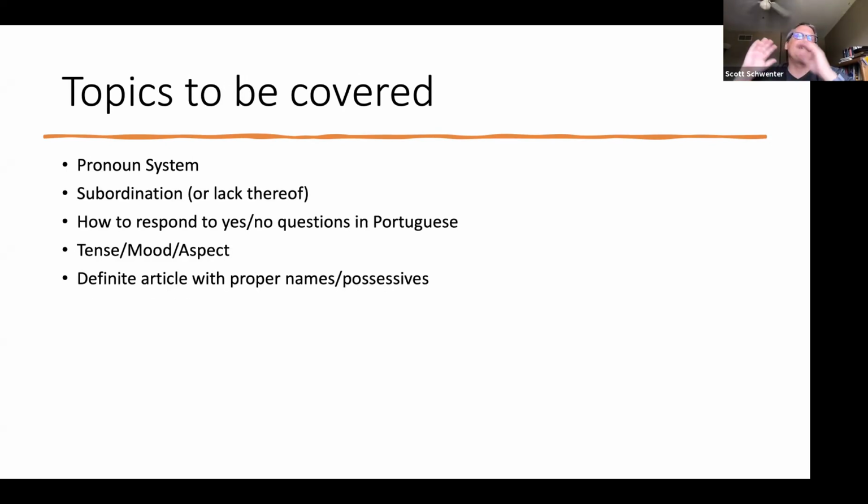The other thing I wanted to say is I'll mainly be talking about Brazilian Portuguese, but I will point out some very important parts of the grammar where Brazilian Portuguese and European Portuguese diverge. There are more than what I'm going to talk about, but I'll talk about some of the most salient ones within these topics. And of course, since we are the Center for Latin American Studies, it makes more sense to talk about Brazilian Portuguese.